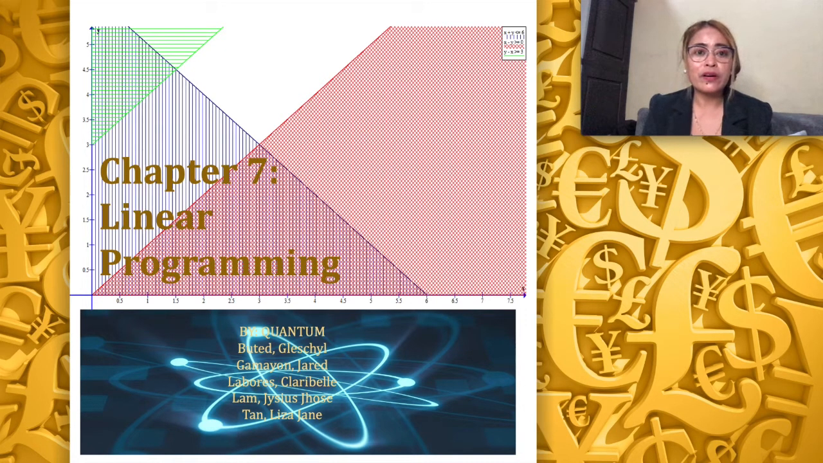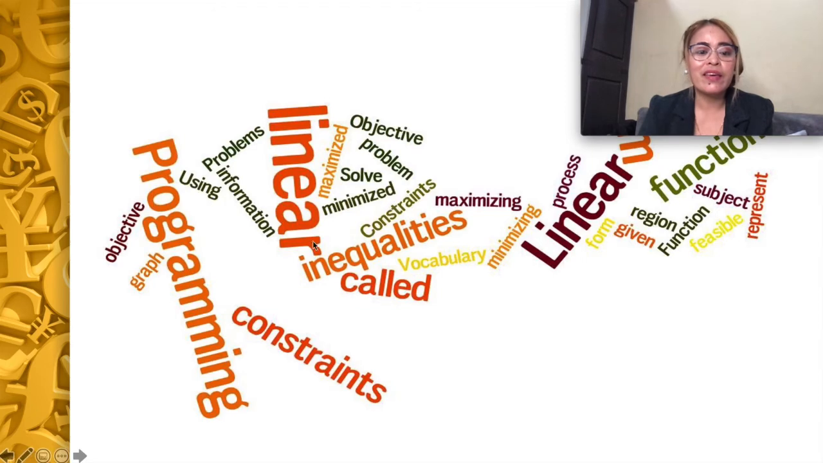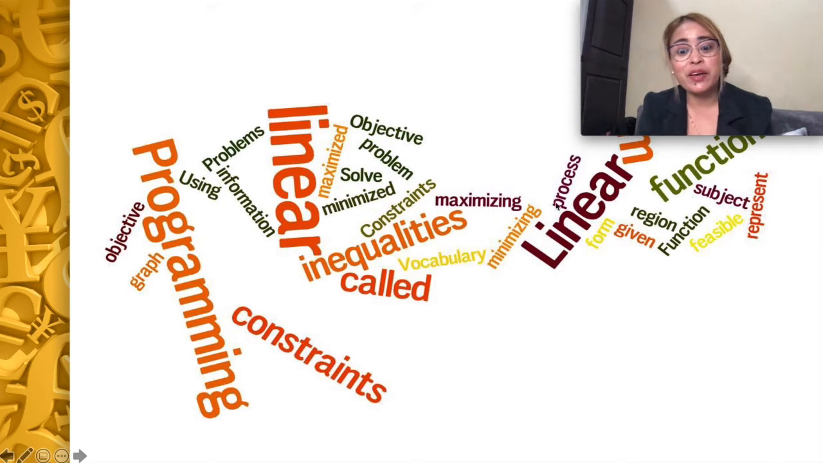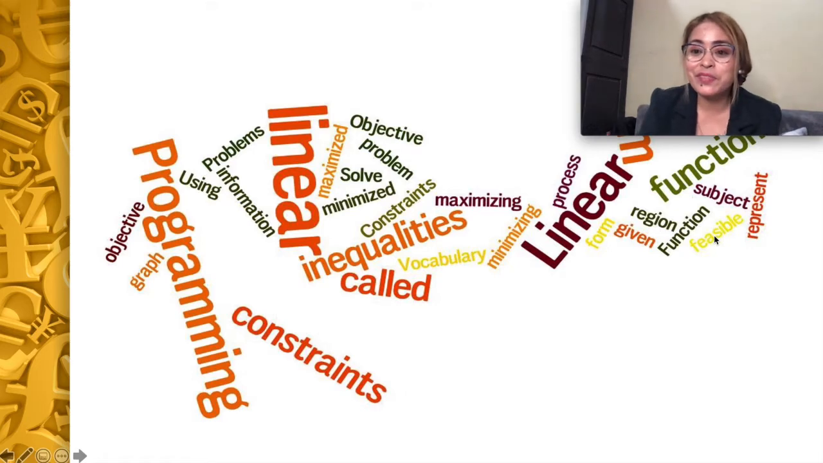To start with, there are a lot of words associated with a linear programming problem. You can see here programming, constraints, which is actually one of the properties of a linear programming problem, inequalities, solve, objective, which is either maximizing profit or minimizing cost, and also feasible region. We will be testing the feasible region later under the graphical method of solving the linear